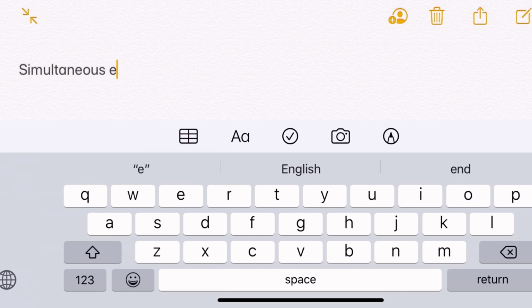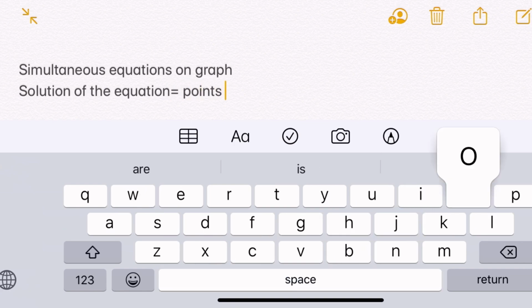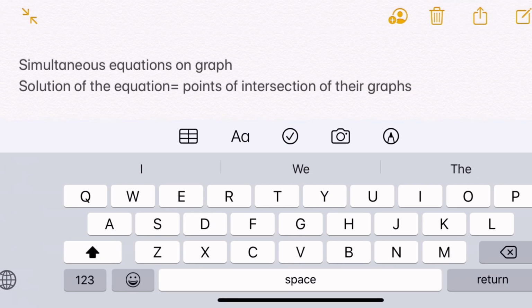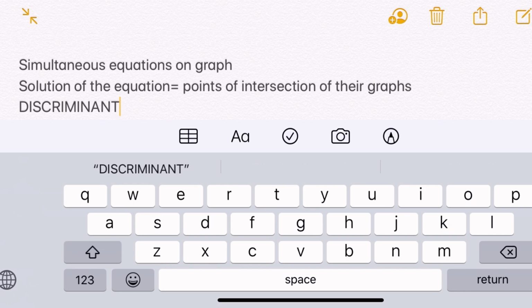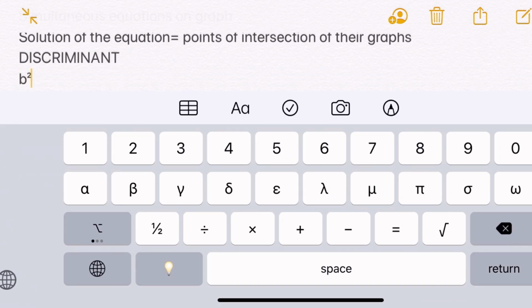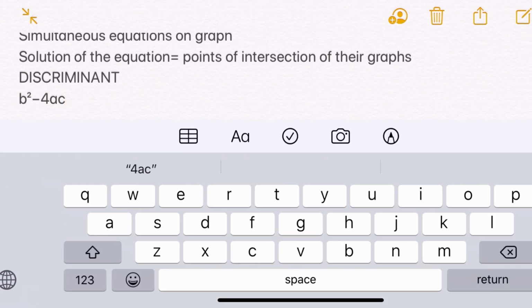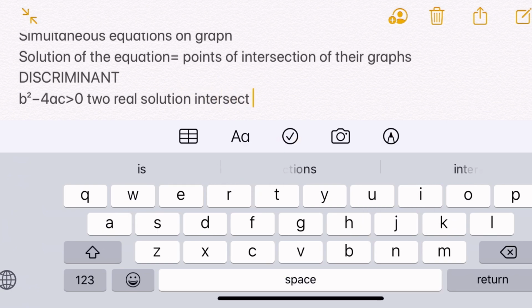Now we're going to look at simultaneous equations on graphs. The first thing you need to know is that the solutions to a pair of simultaneous equations represent the points of intersection of their graphs. By using what we learned in Chapter 2, after substitution, we can use the discriminant to determine the number of points of intersection. b² - 4ac, if it's bigger than 0, then it has 2 real solutions, and the